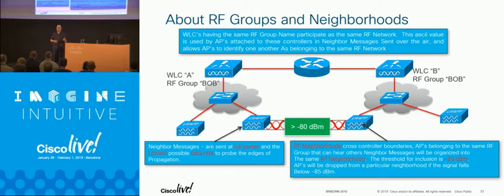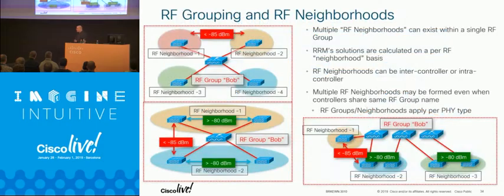It has nothing to do with over the air, except that that name and a hash are put into the neighbor message. So you can see two controllers that are not neighbors, but have the same RF group name. And the way this breaks down is every isolated group of APs, even within the building, is its own RF group, according to RM. Because we group everything by groups of APs that need to have channel and power configured together because they are in proximity of each other.